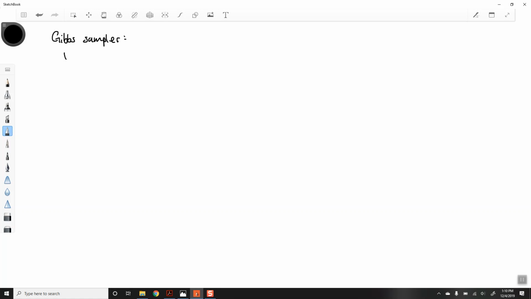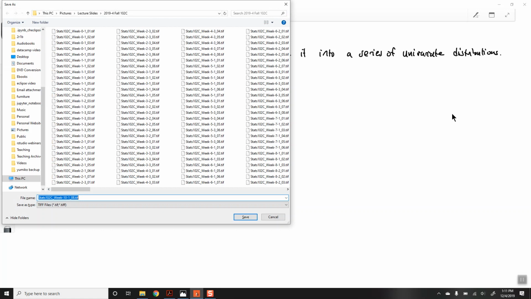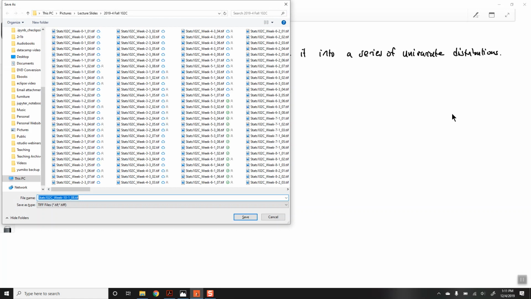So we take a multivariate distribution and convert it into a series of univariate distributions. And if you're able to do this, you generally get better performance with the Gibbs sampler than